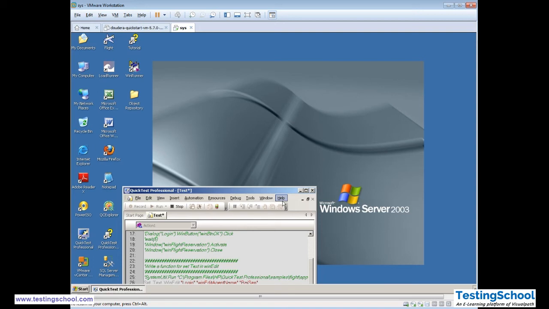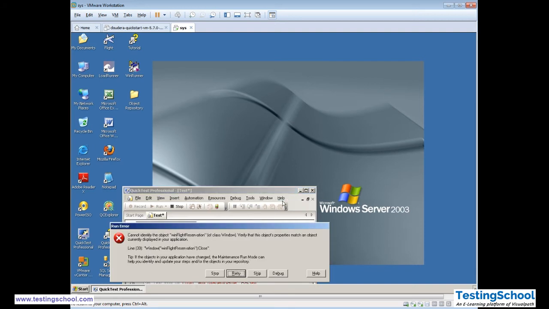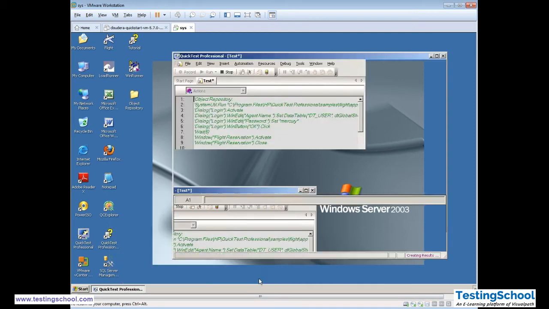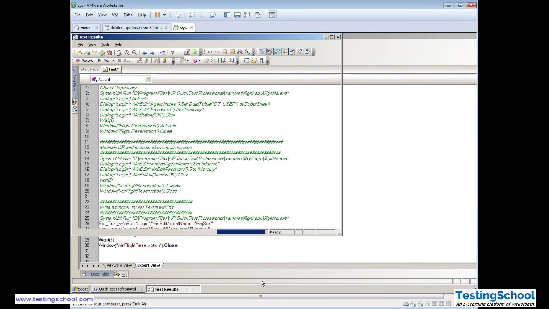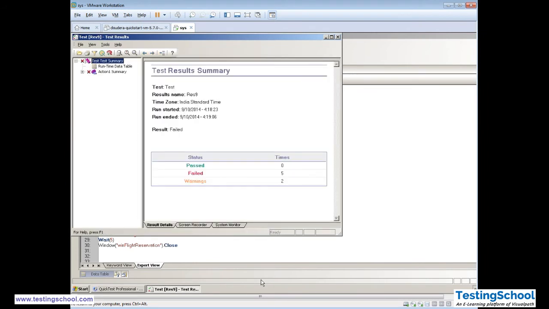It will wait for each object 20 seconds and when it does not find it, it will throw cannot identify. Okay, skip. It is done. Let's see the report.